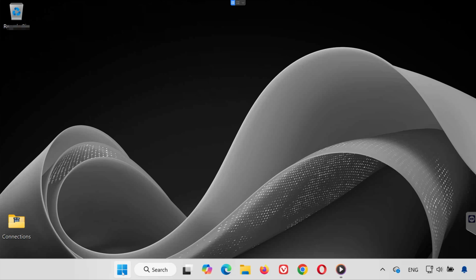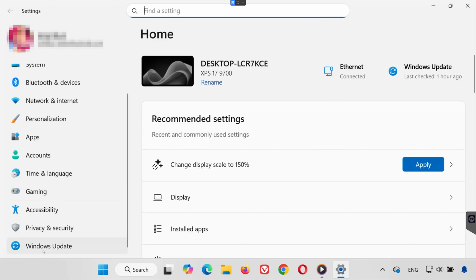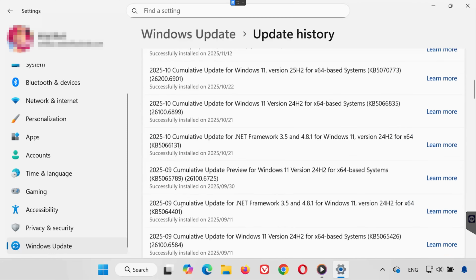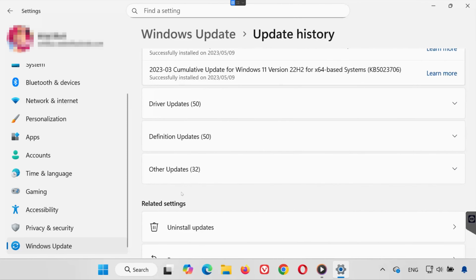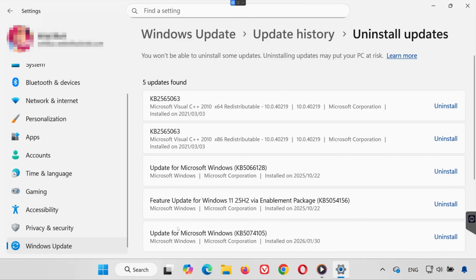Let's get started. First, open the Start menu. Click on Settings. Now select Windows Update. Inside Windows Update, click on Update History. Scroll all the way down to the bottom of the page. Click on Uninstall Updates. In the list of installed updates, locate